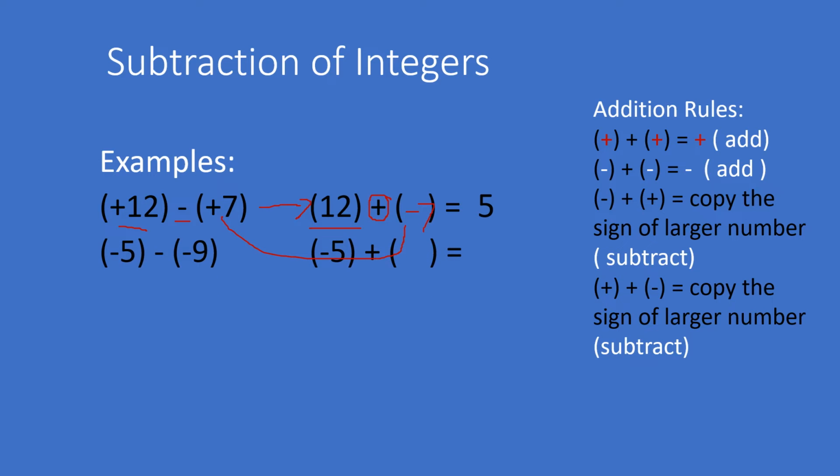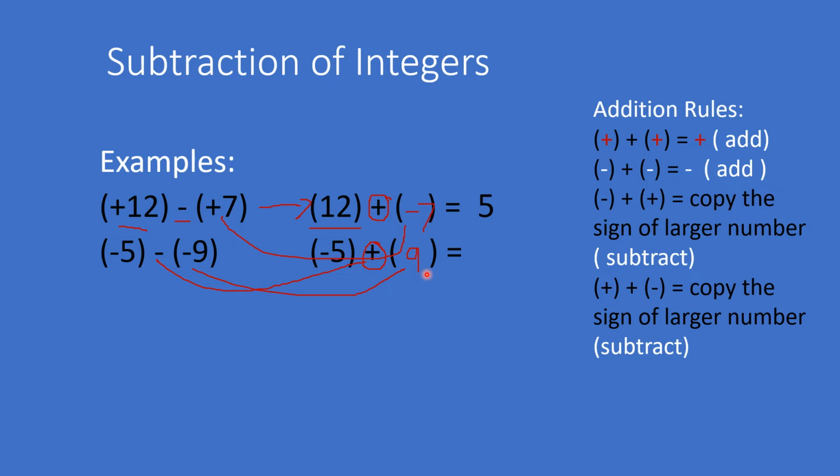Next, negative 5 minus negative 9. So change the sign. It becomes positive 9. And then proceed to addition. This one becomes addition. So this is now negative 5